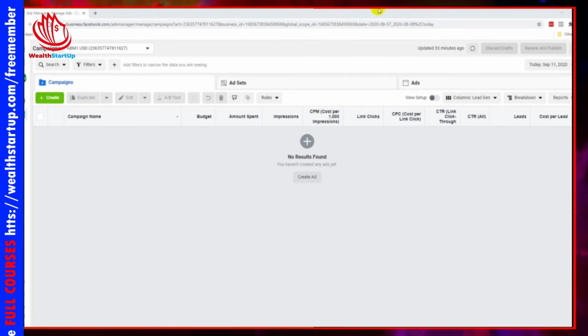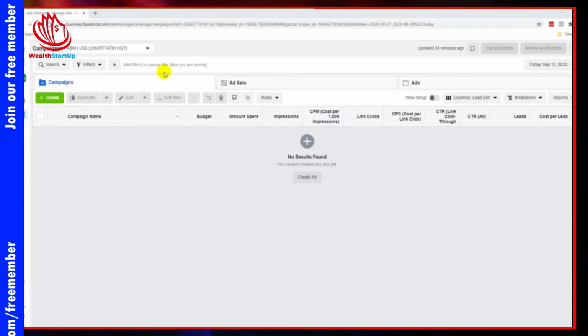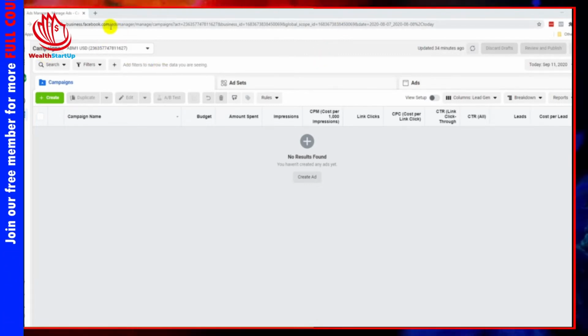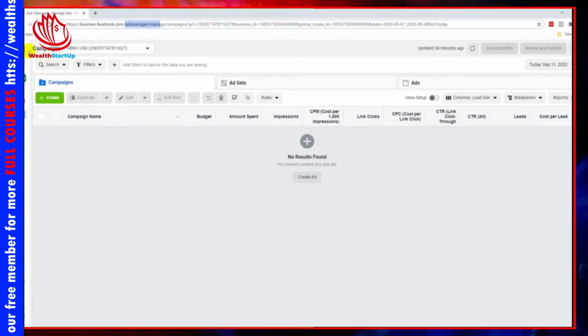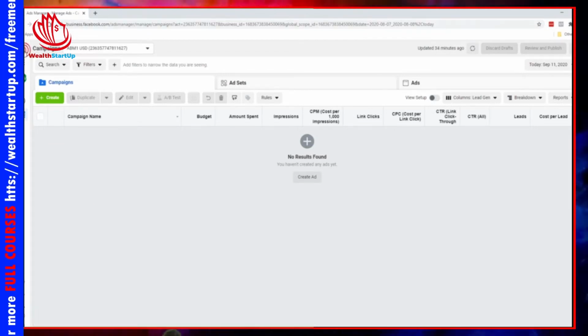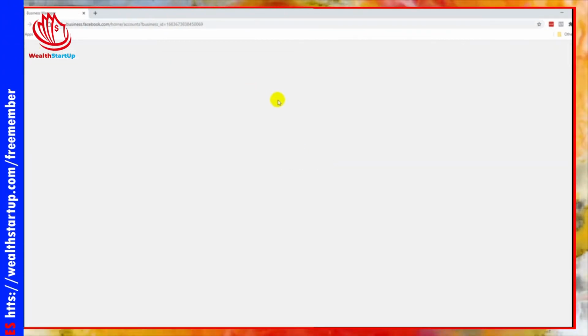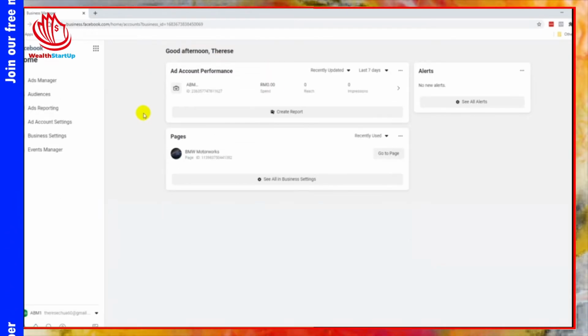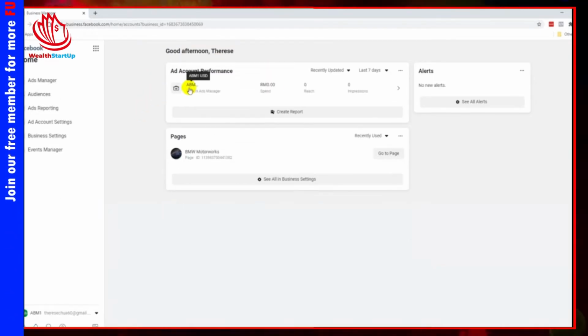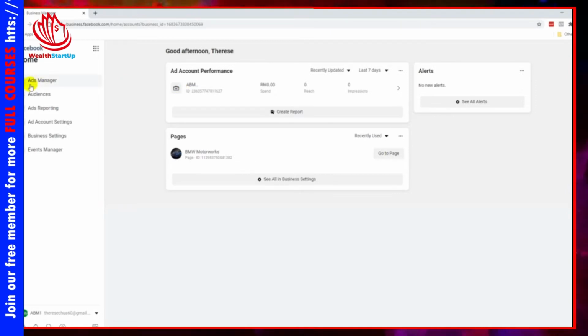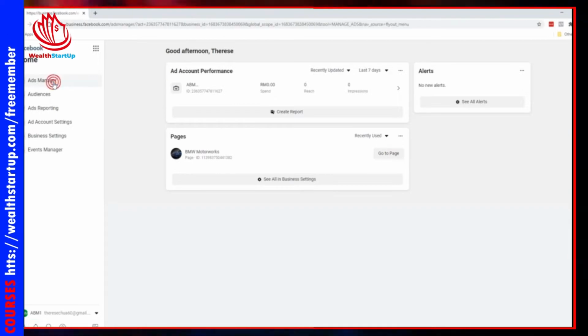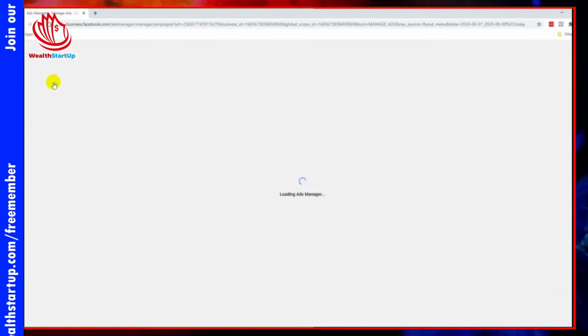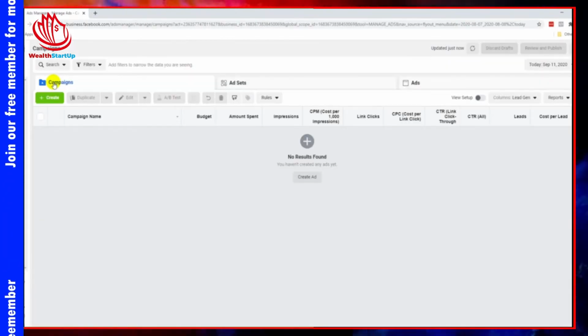Now, be very sure that first of all, you are already in your ads manager. So this is one of the ads manager that I'm using right now. If you're not sure how to get here, I'm just going to backtrack a little bit. You go to the top left, and in your business manager, you can either click on the ad account here or the ads manager link over here as well. All right, so they both go to the same place. Let's click on it, and you will arrive in your ads manager,